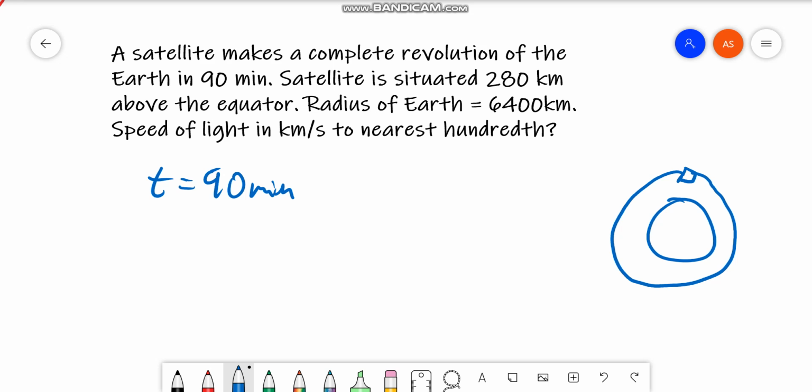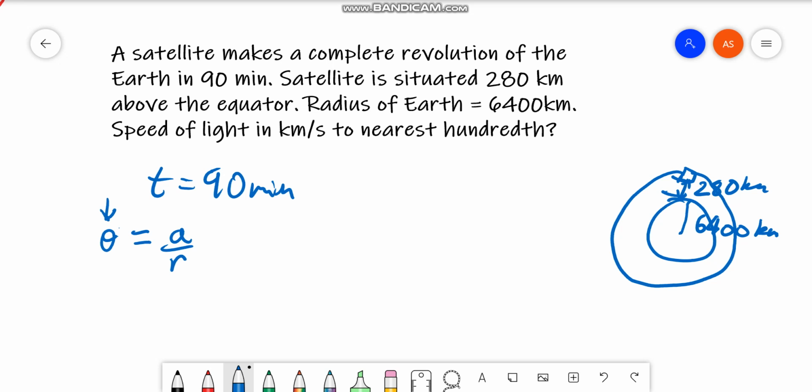They're saying that it is located 280 kilometers above the equator, so from here to here is 280 kilometers. And the radius of the Earth, from here to here, is given as 6,400 kilometers. So if we use the formula theta equals A over R,